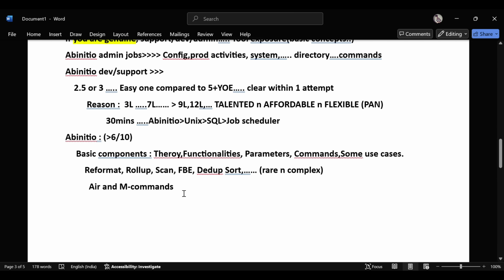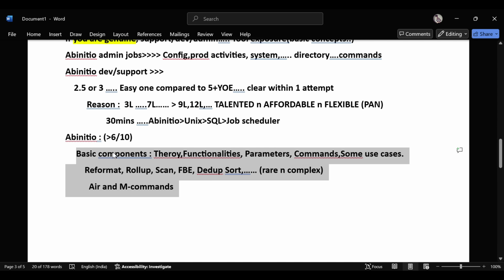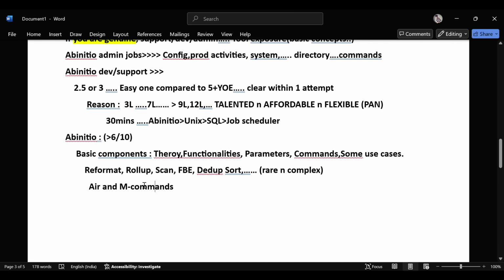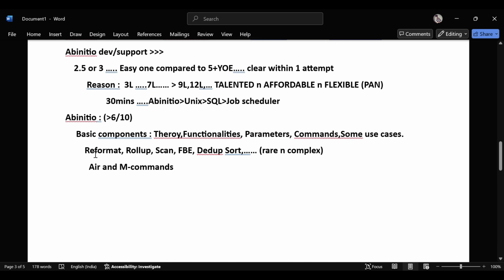So this is a basic idea. For the 3 plus, you'll get around these questions. For example, in m commands they will ask you how do you dump a file, a multifile. You have to say mdump, and then how do you select the records. And in the repository, check out or check in or log. Those questions I will discuss later. This is just a concept checklist, so just note it down so that you won't miss anything in the interview. Then we'll come back to Unix.